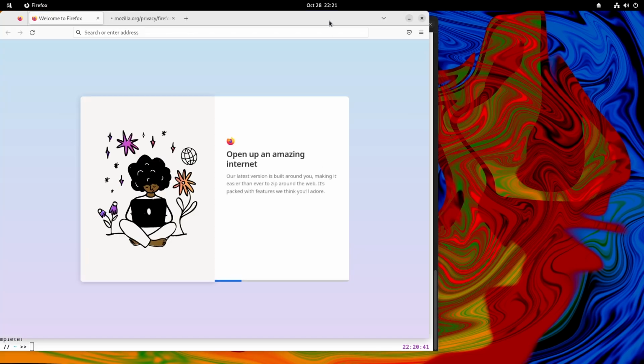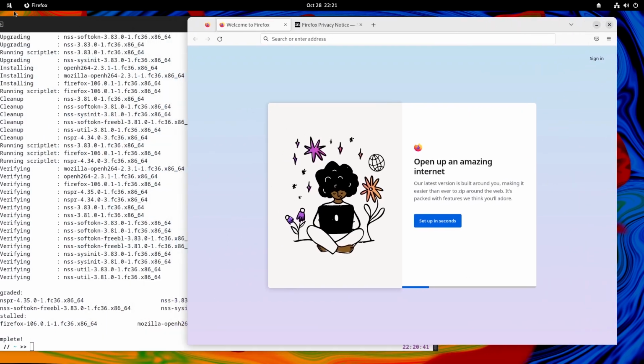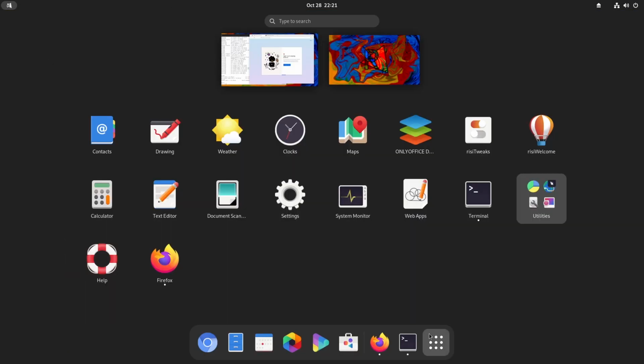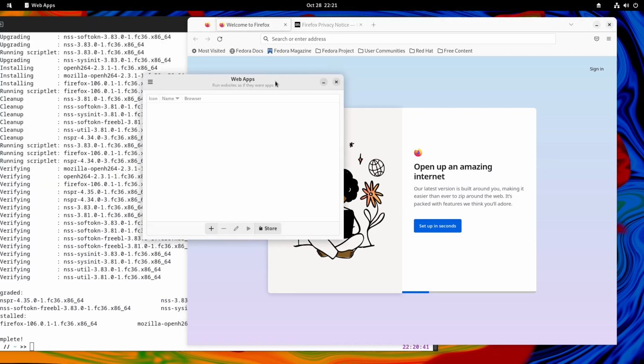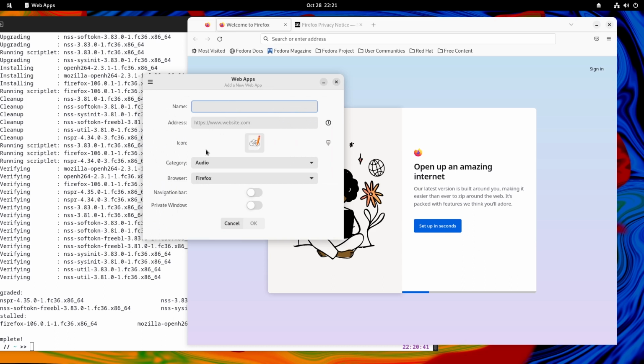Okay, it's running now, and then let's try the web apps again. I hope Firefox, okay, we can see in this area the browser, we can choose between Chromium and Firefox.